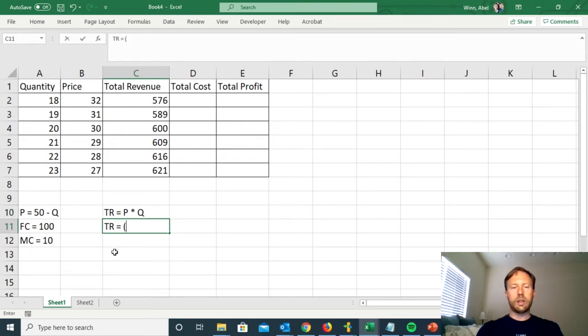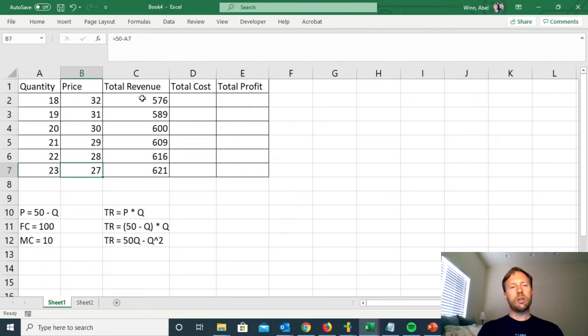I could say total revenue is equal to 50 minus Q, that expression times Q. And if you then distributed this Q to the 50 and the Q, what you would find is total revenue is equal to 50Q minus Q squared. Okay? So instead of going in 2 steps, first figuring out the price by plugging quantity into the demand curve for each of these transactions, and then multiplying the quantity times the price,